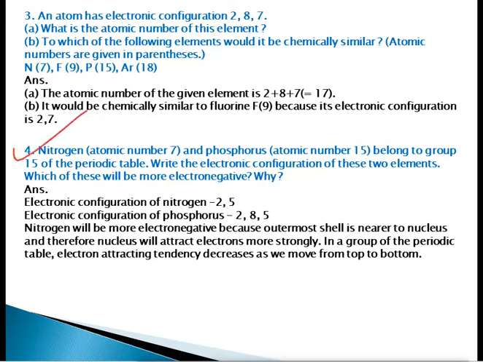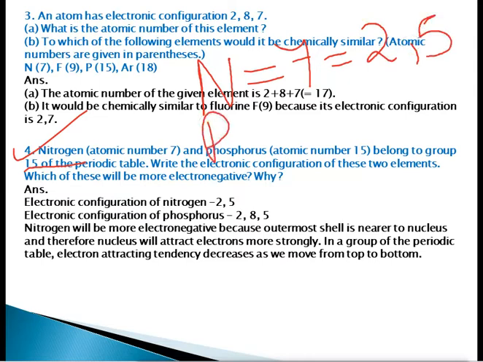Now the next question, number 4. Nitrogen atomic number 7 and phosphorus atomic number 15 belong to group 15 of the periodic table. Means these both elements, nitrogen and phosphorus, belong to group number 15 of the periodic table. Write the electronic configuration of these two elements. Which of these will be more electronegative and why? If we write the electronic configuration of nitrogen, it is having 7 atomic number. Its electronic configuration is 2, 5. And the electronic configuration of phosphorus, atomic number 15, is